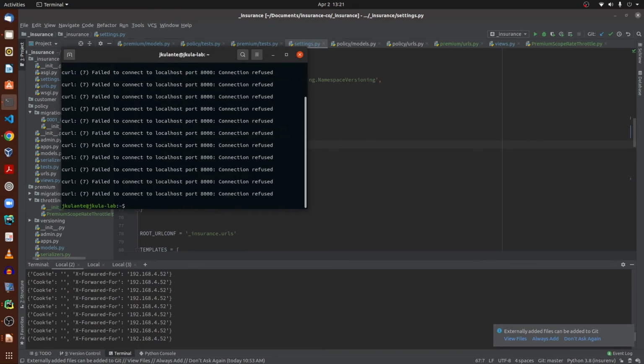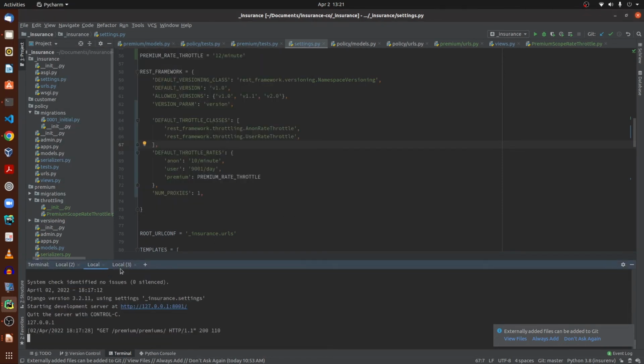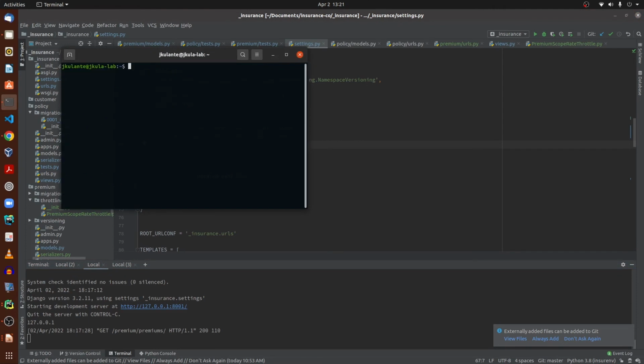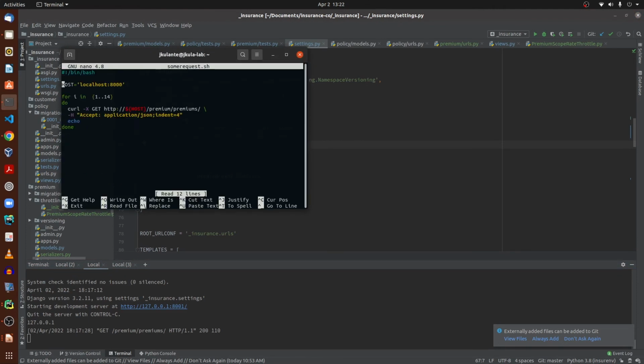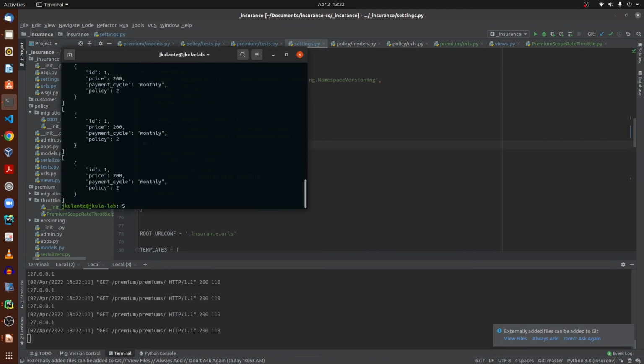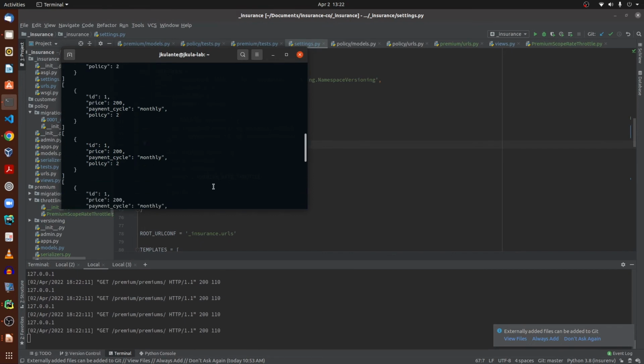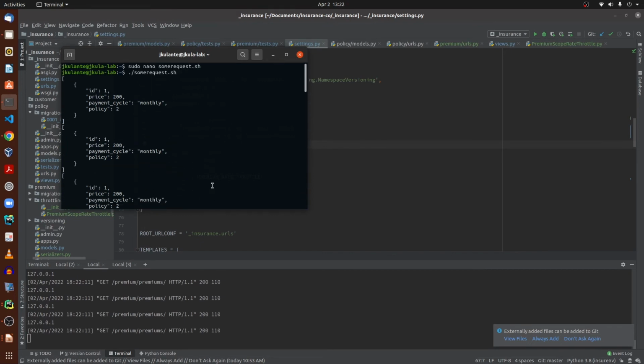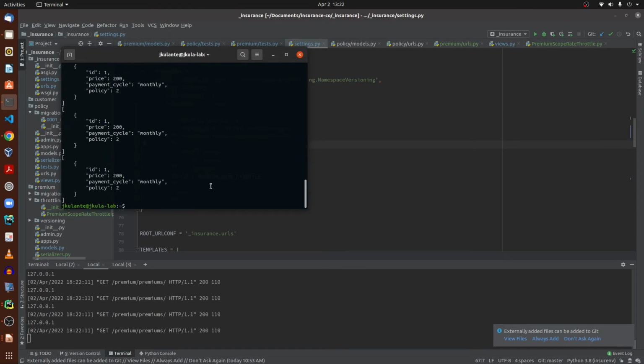Connection refused. It looks like it's not running. Oh, we need 1001. So let's go back. The port should be 1001. Request. There we go. Now, as you can see, we issued 14 requests